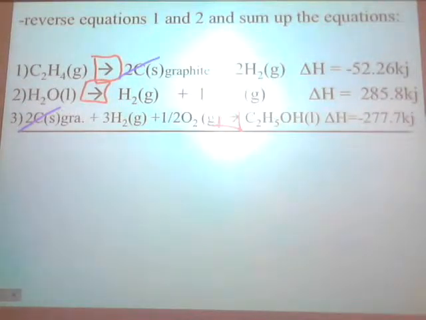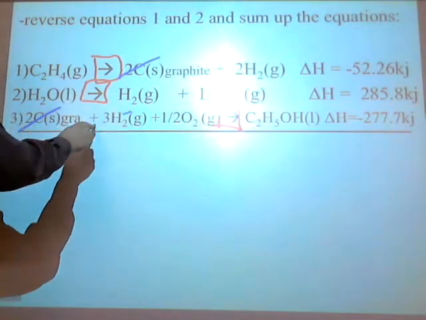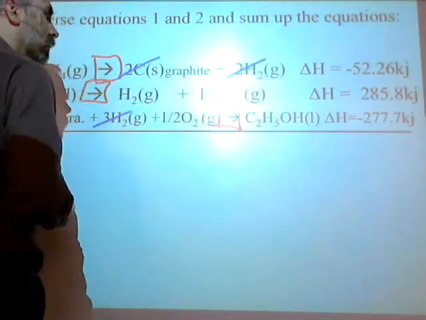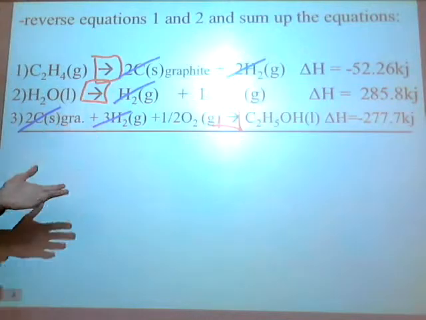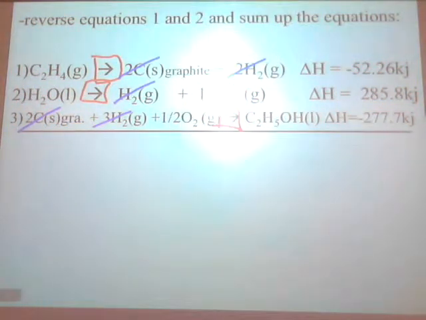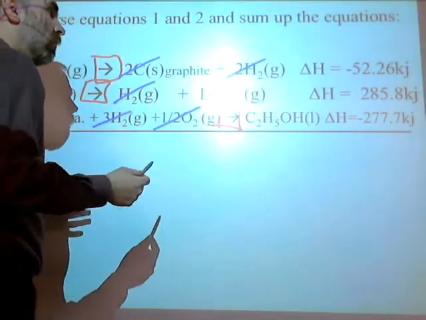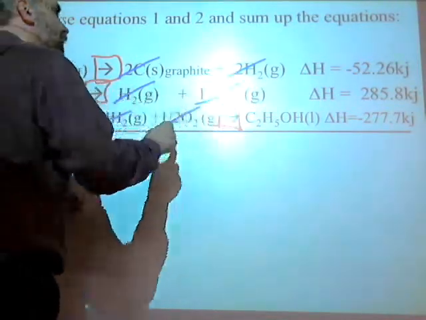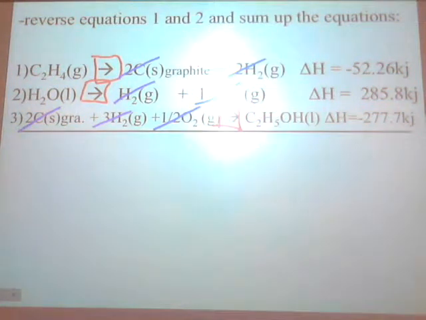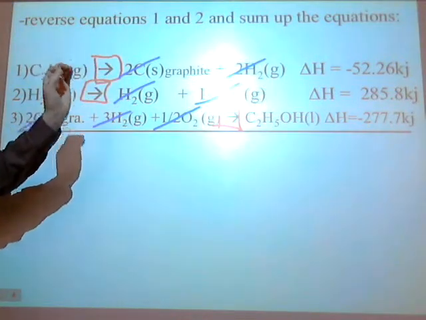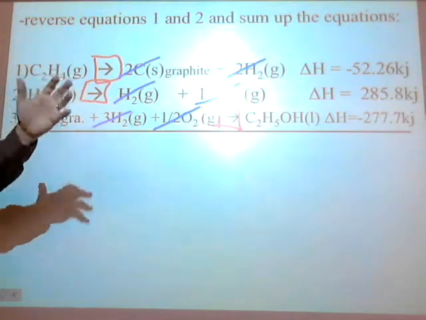How about hydrogens? How many hydrogens do I have on the left side? Right here, 3, right? How many hydrogens do I have on the right side? 2 there, 1 more there. 3. They canceled out. Isn't that nice? How about oxygens? On the left side, I've got a half a mole of oxygen, and on the right side, I've got a half a mole of oxygen. Got it? Oh, wait. You have oxygen up there? No, you have carbons in that. I'm just talking about pure elemental oxygen, pure elemental hydrogen. That's why these all cancel out.